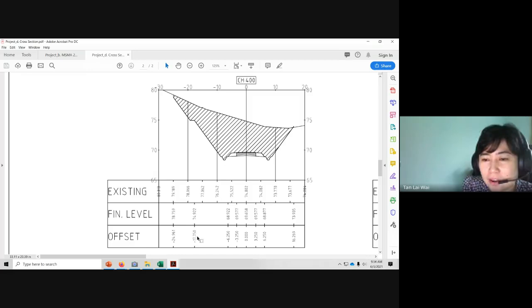Okay. Now, offset pula ialah dekat tengah-tengah jalan ni kosong. Ke sebelah kiri negatif, ke sebelah kanan ialah positif. Okay. Maknanya tengah jalan tu kosong lah, median center line dia. Okay, now kalau saya bandingkan chainage 400 dengan